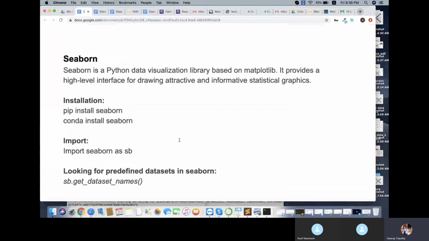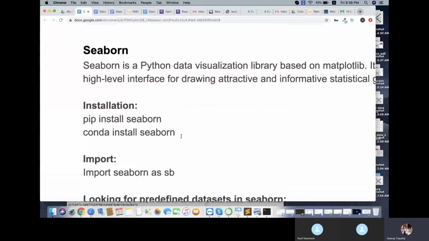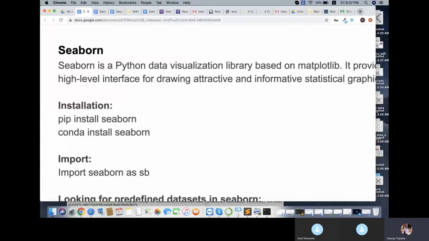Now, this Seaborn package is pre-installed. We don't have to install it in Anaconda, or if you are using Google Colab, they have already integrated it by default, so we don't have to install this package. If it's not there, you can install it using the pip package manager by saying pip install seaborn, or conda install seaborn. But here it's already there, so we will directly import this package and work around that.